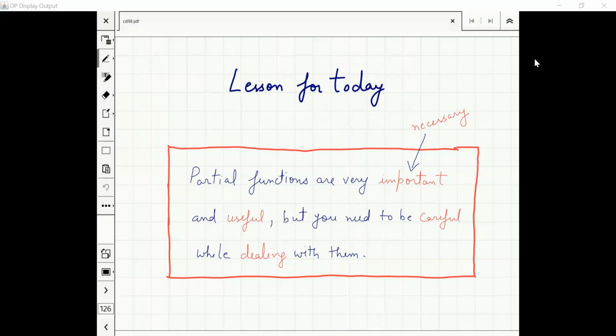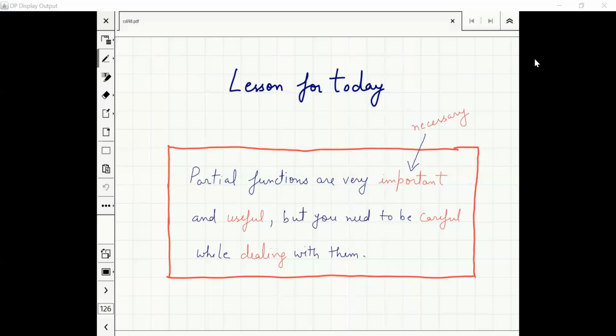And these are important things to consider. Many of the results you will see, they will say, oh, this works for total functions, partial functions we don't. Sometimes they will give a counterexample. For partial functions it doesn't work, but for total functions it will. And all such cases are possible. The point is, when partial functions are involved, be careful.